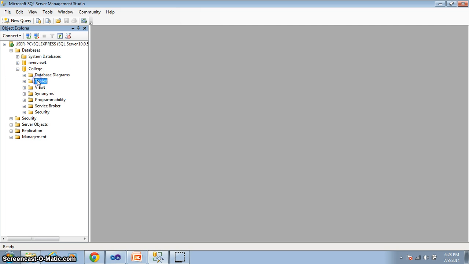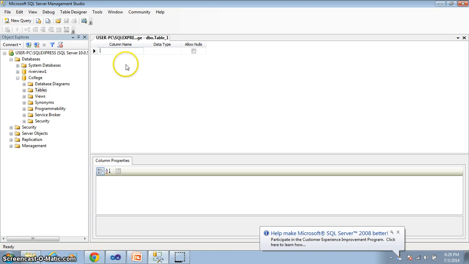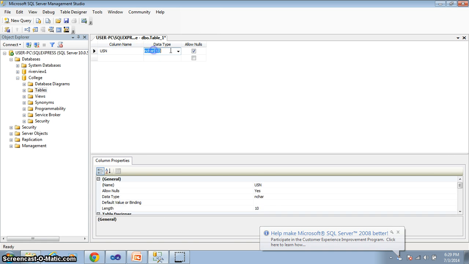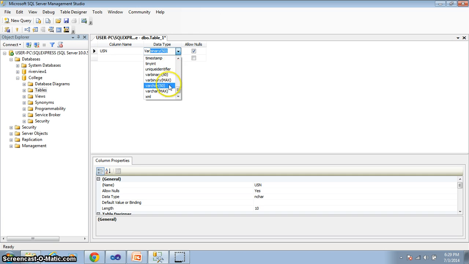Now I need to create a table, a new table, with the fields or attributes, say USN. I would like the data type to be varchar 50.